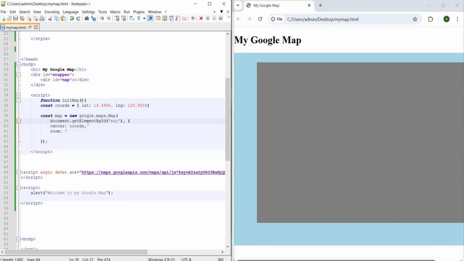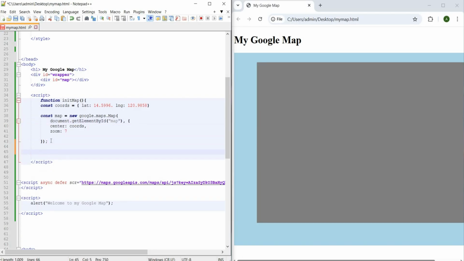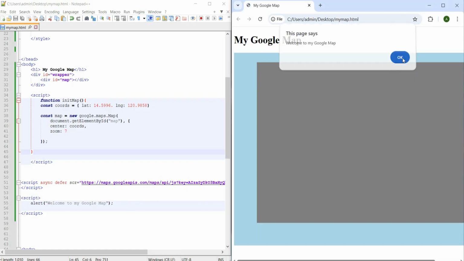Let's double check document.getElementById map, coordinate. Okay, there's another error. Just add it. Then save. Let's see if it worked. Nothing happened again.